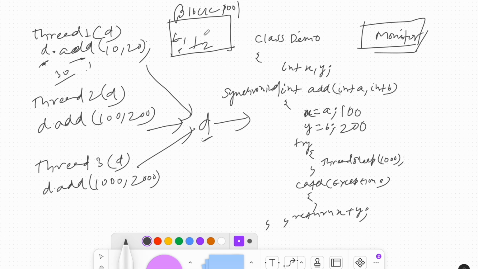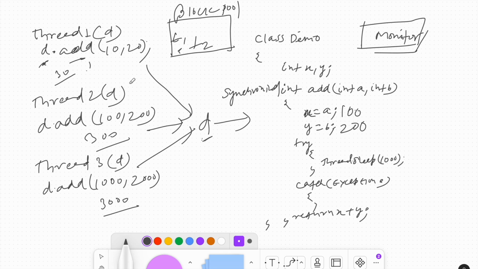So now when thread 2 completes its sleep time in the block pool, it will come into the runnable pool and then complete its return statement. And what will it get? Output 300. Now it will release the monitor of the object and also the cycles of the processor, and then thread 3 will execute, go to the block pool, and then again complete all its statements and the output will be 3000. Now you can see every thread is getting the expected output through the synchronized method.